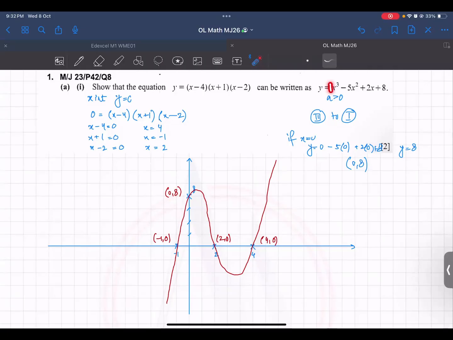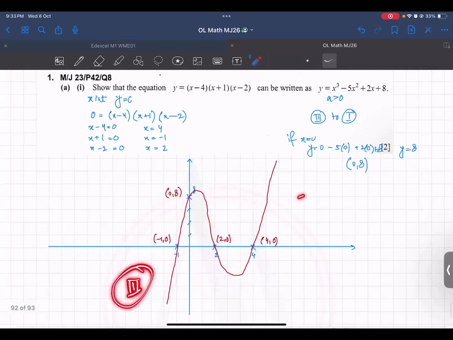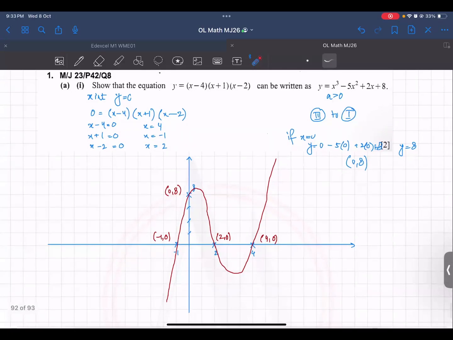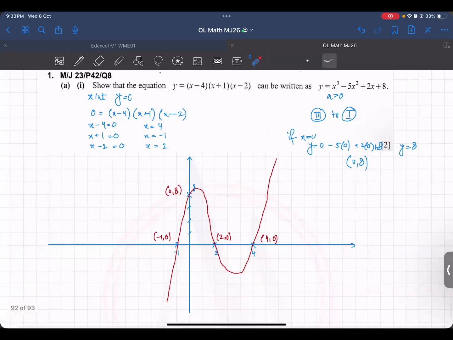So the value of a is right now, you can see 1. The coefficient of x cubed is 1. So it is positive. So this means that it will go from the third to the first. Open up your notes, you will see that I have told you. If your a is positive in a cubic graph, then it starts from the third and goes to the first quadrant. This is the third quadrant. This is the first quadrant. Sir, what does this have to do with the quadrant? This is telling us in which quadrant it is starting from and where it will go. Okay, fine.